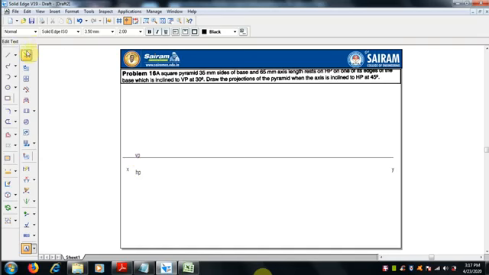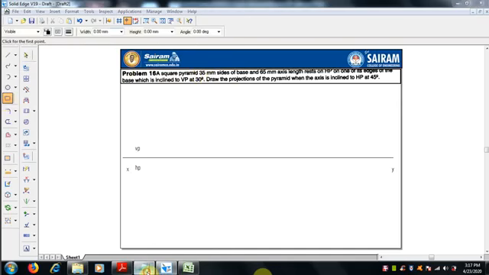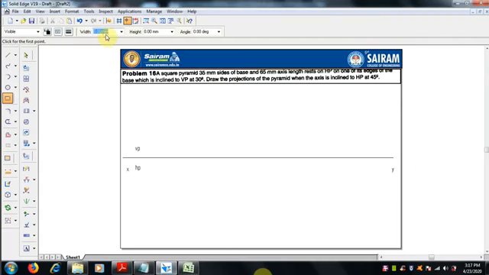Next, it is a square pyramid. Once the VP and HP are marked above and below the reference line, select the rectangle command. Since it is a square pyramid, a square of 35 mm size, the width and height both we have to select 35. Select 0.5 mm thickness and keep it on HP, since it is resting on HP,